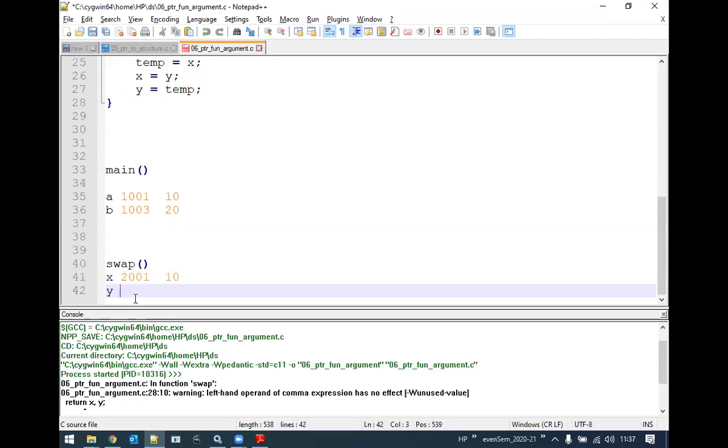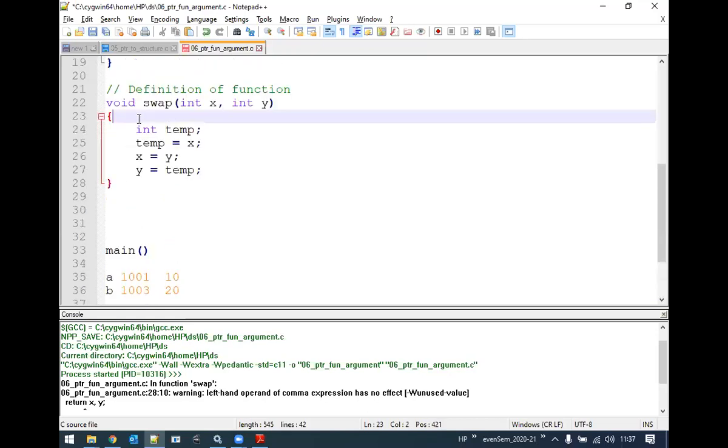It also has a second variable y, at memory block 2003, and it stores 20. Understood so far?